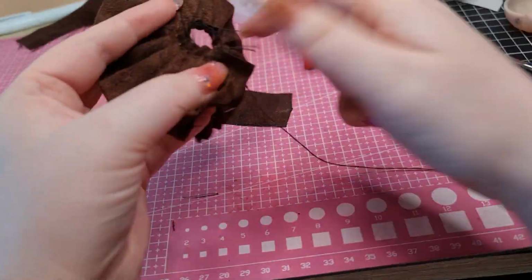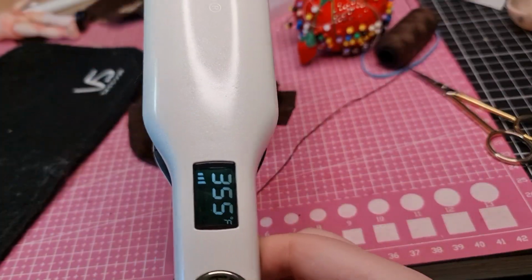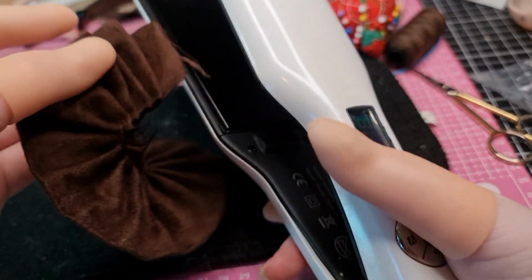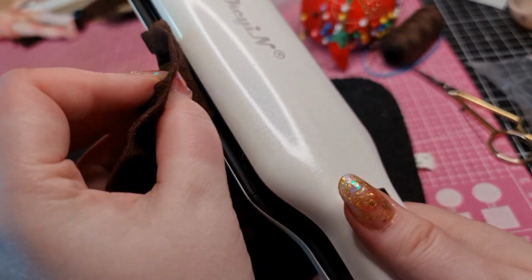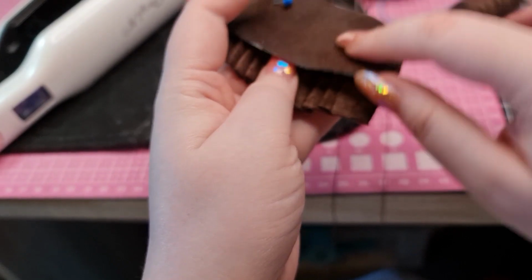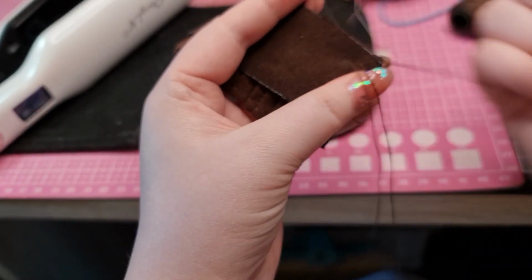I have to say, I mean, I love sewing, but these pleats are a pain. Getting them even is so hard. And I use my hair straightener as an iron because it's so small. But even then, this fabric did not want to press well at all. It's on the thicker side. Cotton probably would have been better. So I struggled for a while, and then I decided I'd just put little tacks along each pleat to hold it down. And now I can add the waistband along the top,